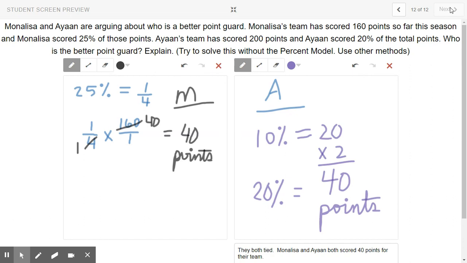Ayan scored 20%. 20% does equal 1/5, but instead of looking at 20%, I know 20% could come from 10%. 10% of 200 is 20. So 20% would be twice that amount, which is 40. They both tied. Mona Lisa and Ayan both scored 40 points for their team, so neither is a better point guard. They're both good. Feel free to go back and try